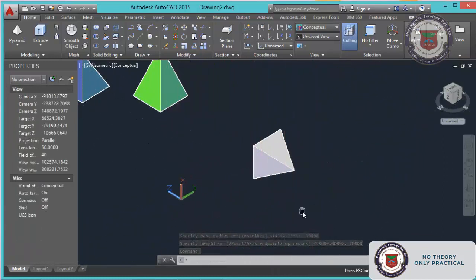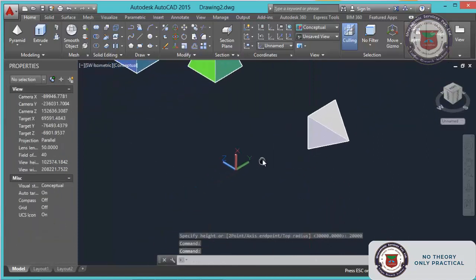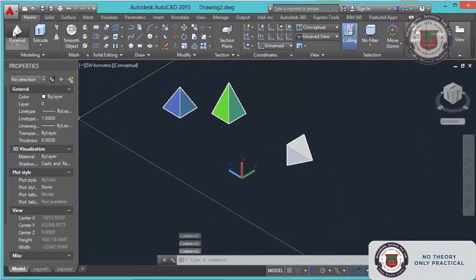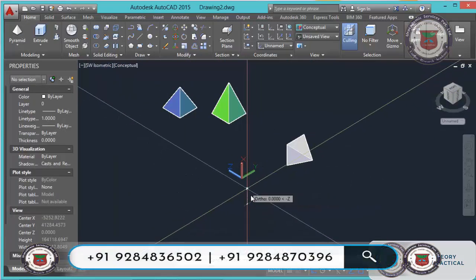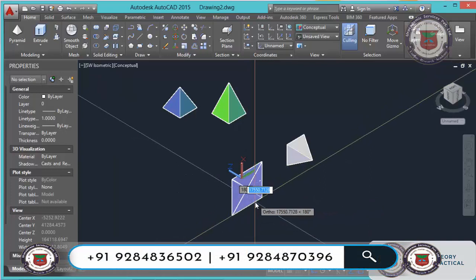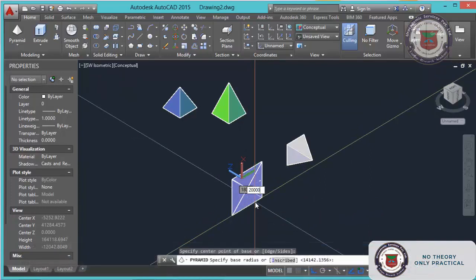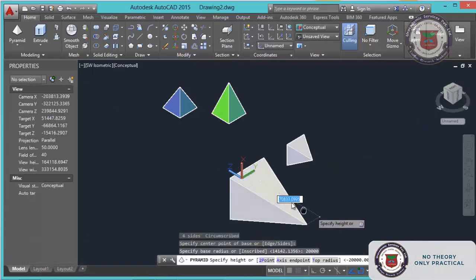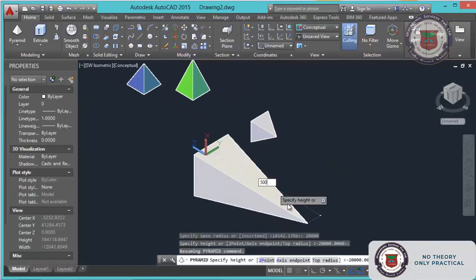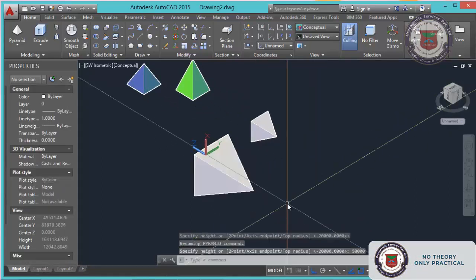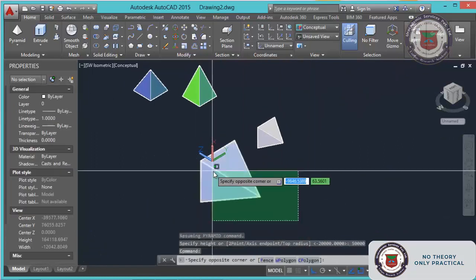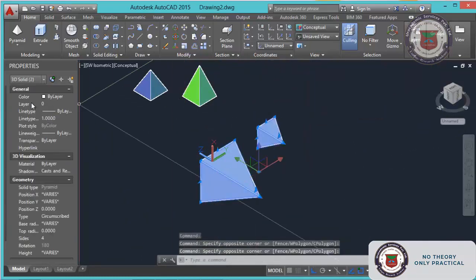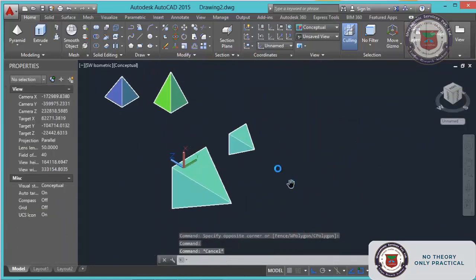Another one also we will make in this one so that you can become familiar. Just click base, give 20 meter this time, a little bit bigger, and give 50 meter of height. Okay, these two you give some colors. Cyan.